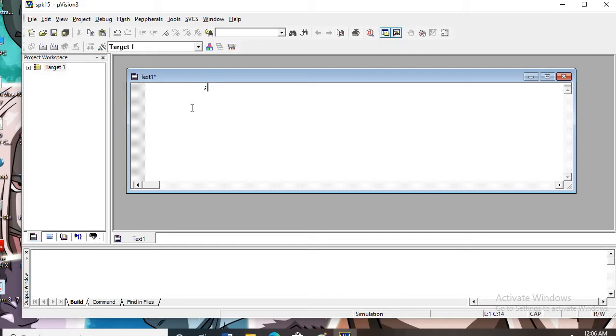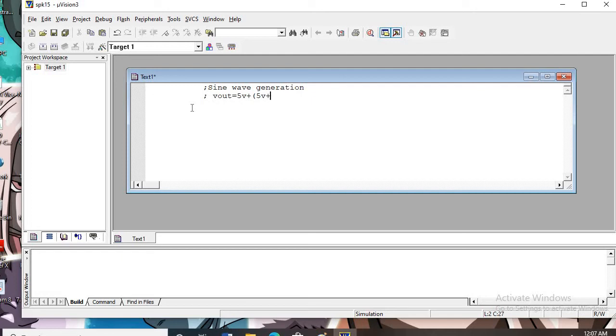I will write a simple comment: sine wave generation. I will write the formula. V out is equal to 5 volt plus, bracket, 5 volt into sine of theta.